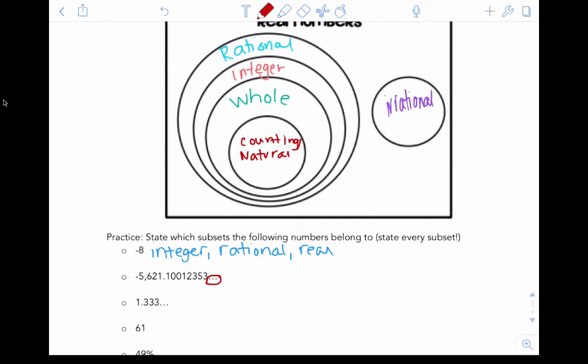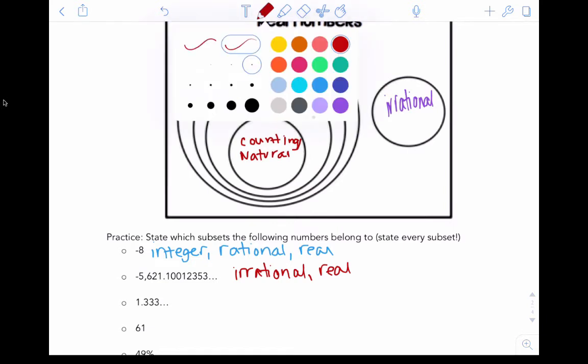This tells me that it is irrational. And remember, if it's irrational, then it's not going to be anything else except real. Every single number that we work with is going to be a real number. All right, this next one,